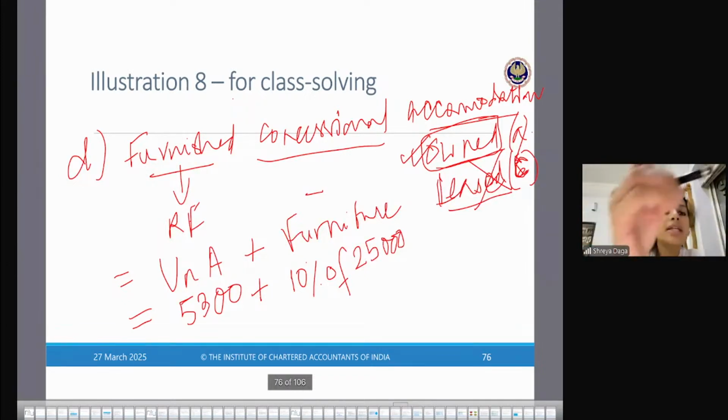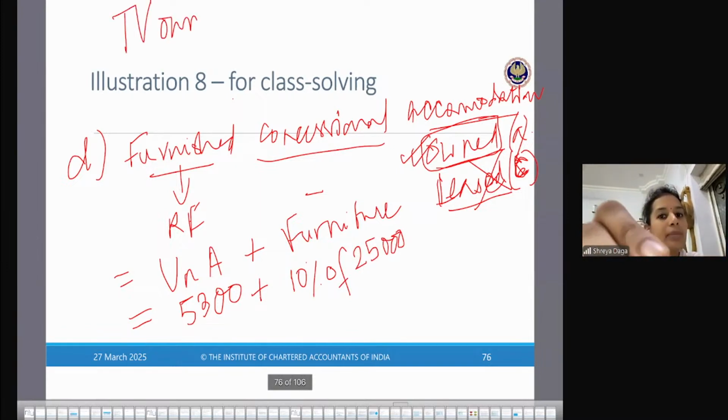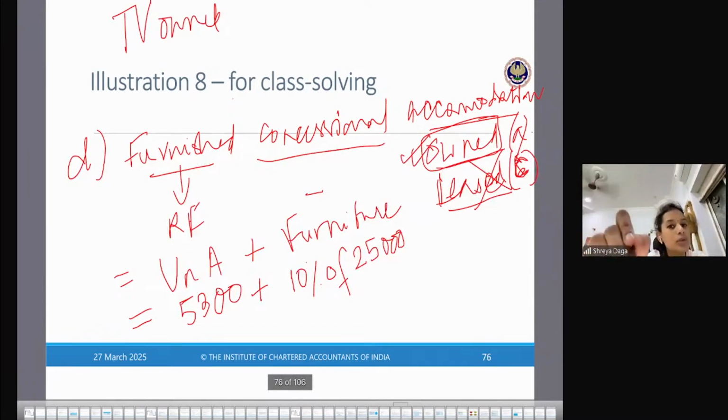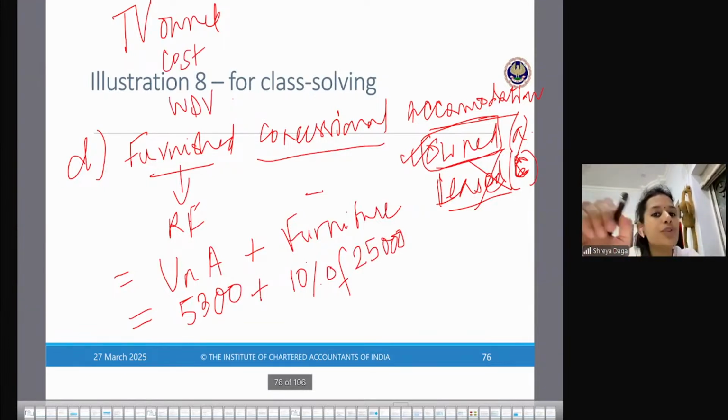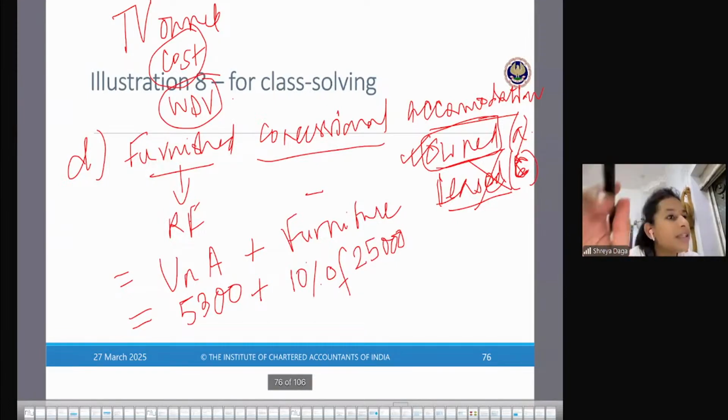See, it is a furniture. TV is owned by the employer, that means he is enjoying depreciation on that also. So there are two values which you will get: original cost and WDV. Which one will you use? You should write the assumption that in the absence of information we are assuming this is owned property. Original cost. So even if cost, WDV, carrying value, by whatever name it's called, is given to you,